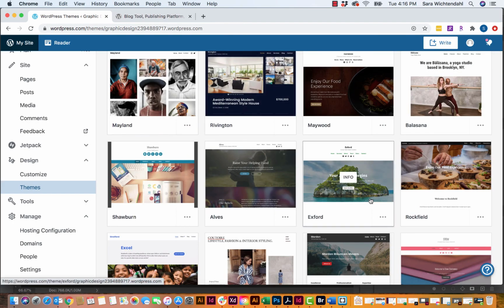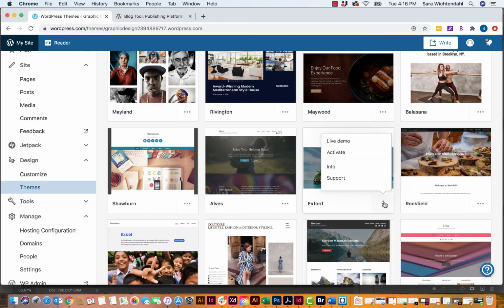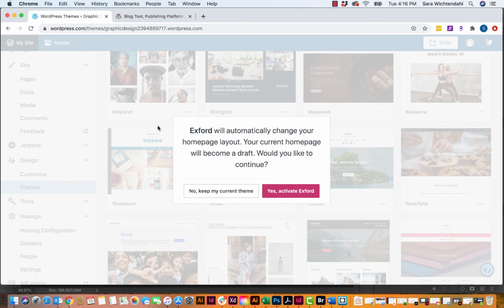So it's important to just spend some time in here and figure out what theme you would like to work with. When you decide on a theme that you say, yes, this is going to work for the site, the look, the feel that I would like, you simply click on Activate. And it will say, would you like to do this? It's automatically going to change the way your site looks and feels. So you want to set yourself on a theme